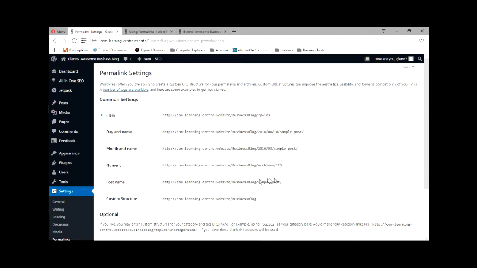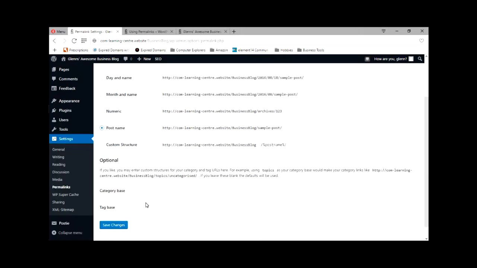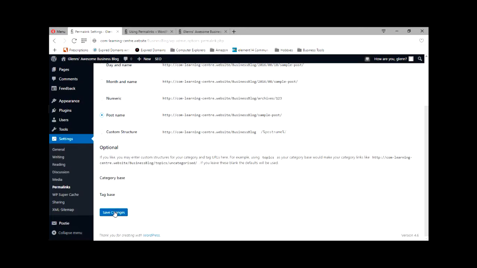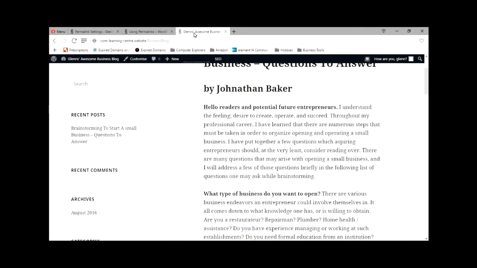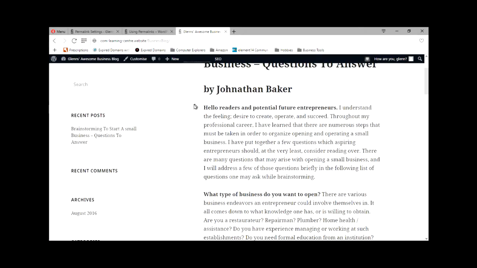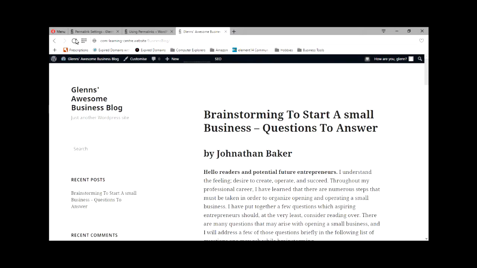So I'm going to come down to where it says post name. So this is what it will look like as an example on the screen. So I'm going to click on post name and I'm going to hit save changes. Now often you will find that the changes aren't implemented immediately, so if I go to Glenn's Awesome Business blog and refresh that,